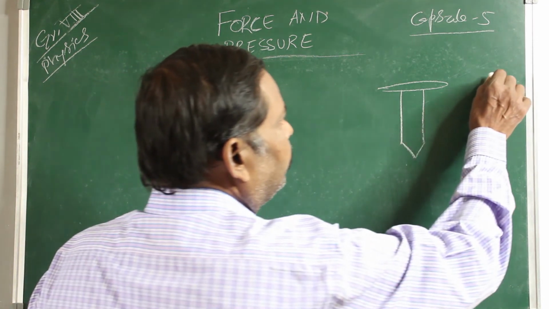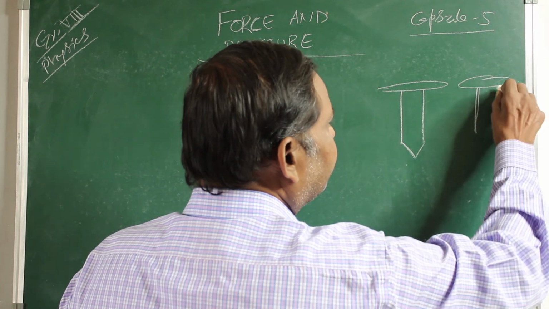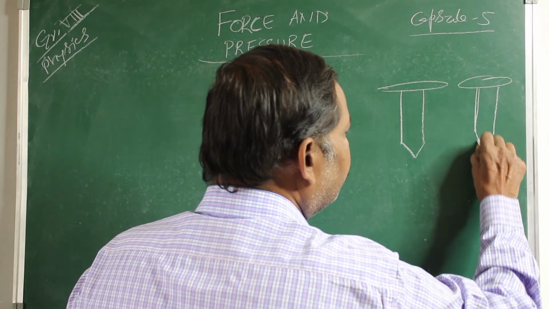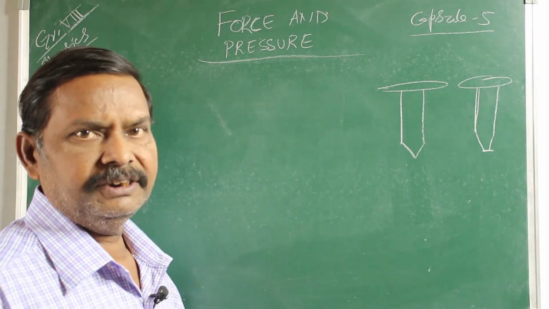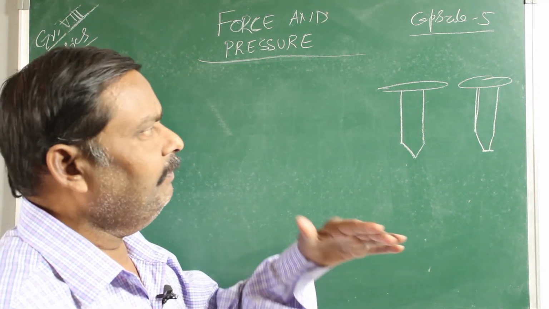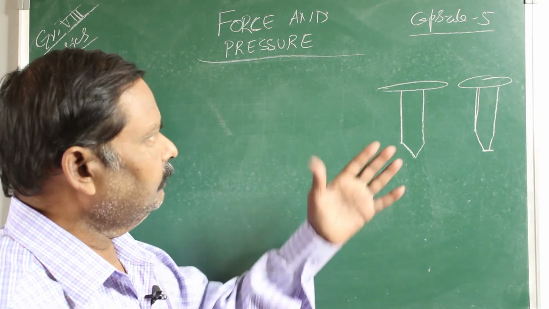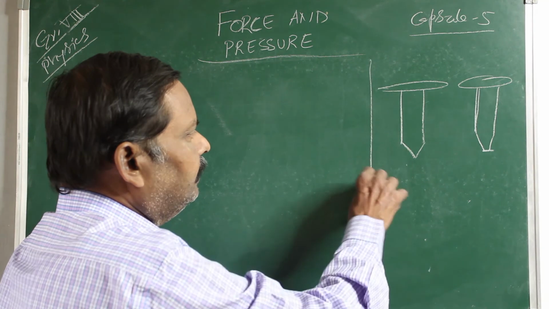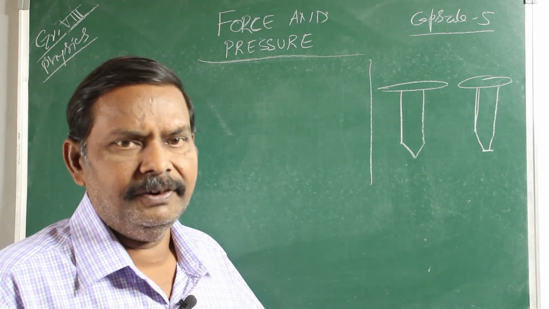And if the tip of the thumbpin is blunted, then the area of cross section is more, and it will be very difficult for you to press the thumbpin on the notice board. So this is another example. Like this we can give so many examples. For example, let us